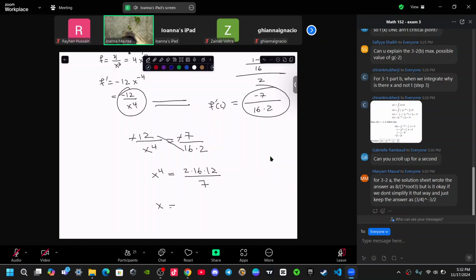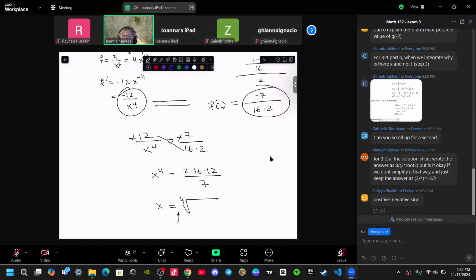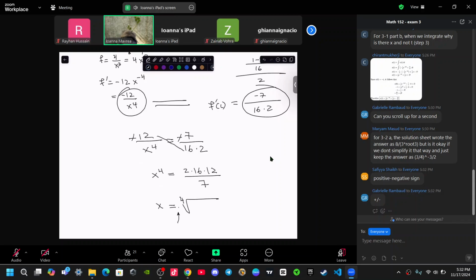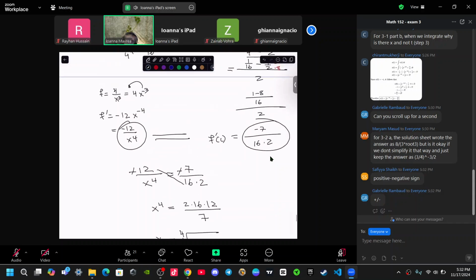When you undo an even power, what do I have to put here? That's an even power. Positive, negative, and whatever the stuff is, which I'm not about to simplify, but go back